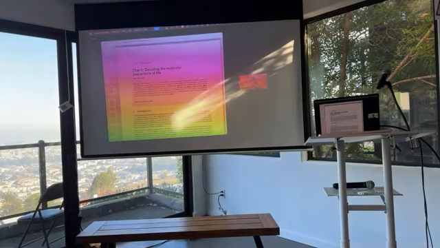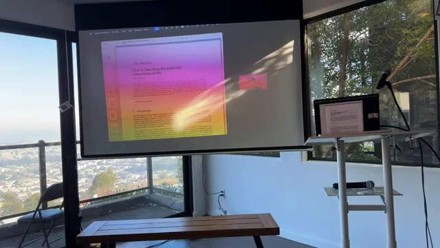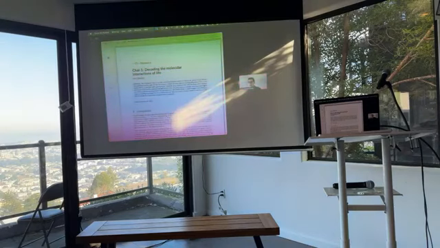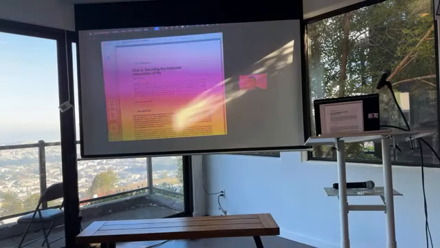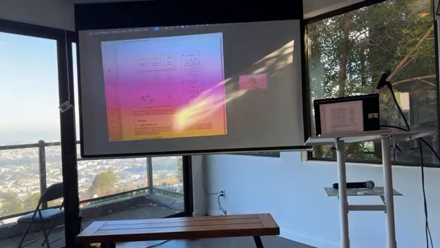So Chai-1 is a multimodal foundation model for structure prediction. That means that it doesn't just predict proteins, but it can predict the structure of proteins with small molecules, DNA, RNA, post-translational modifications. I'll show you how to use it soon, but let's walk through what the architecture of this model actually is and what we're trying to do here.